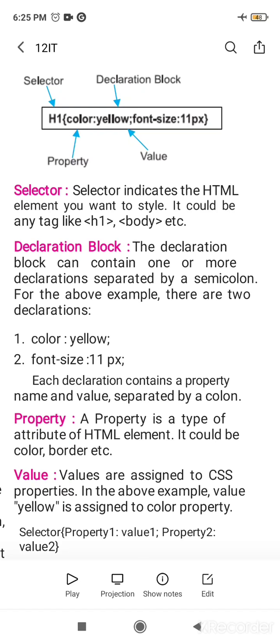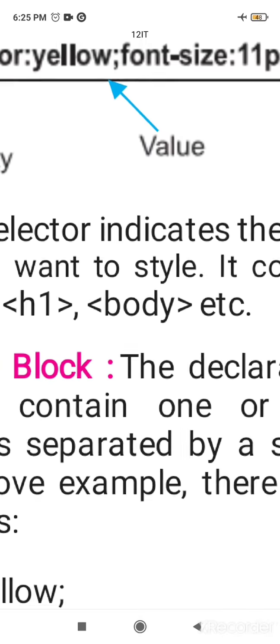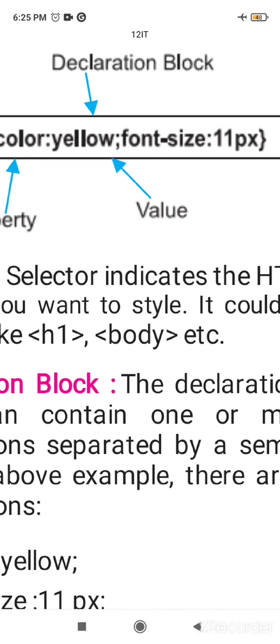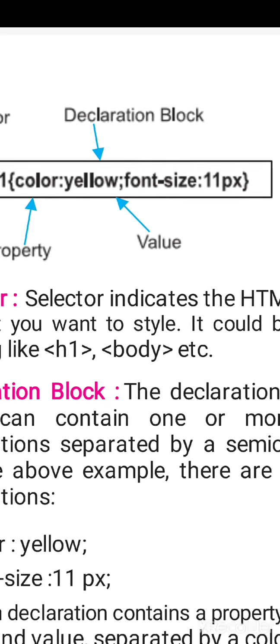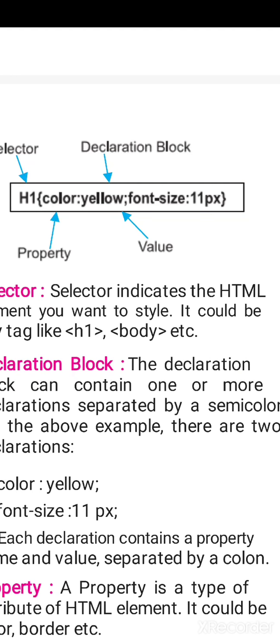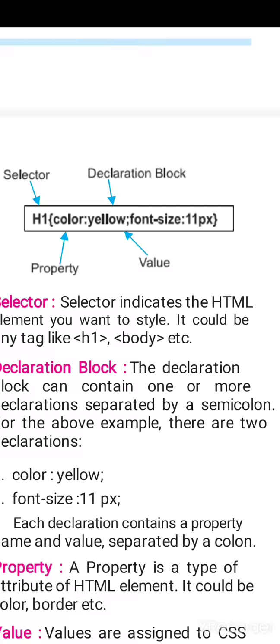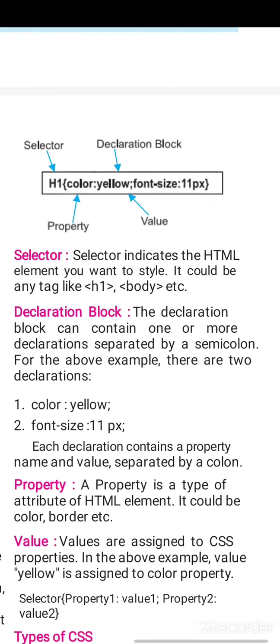Such properties are separated by a semicolon. See here, a property color is here and a property font size is here. A colon is applied as a separator between each property and its value, while every property holds a specified value.